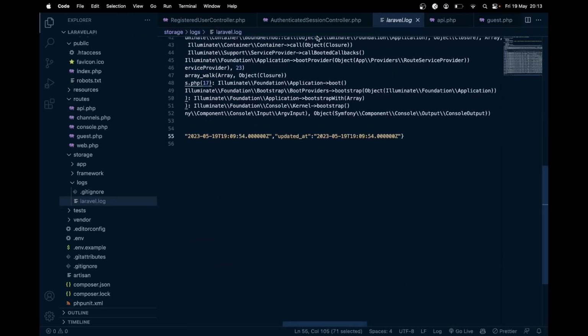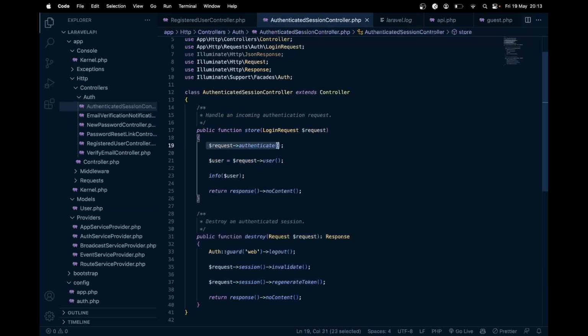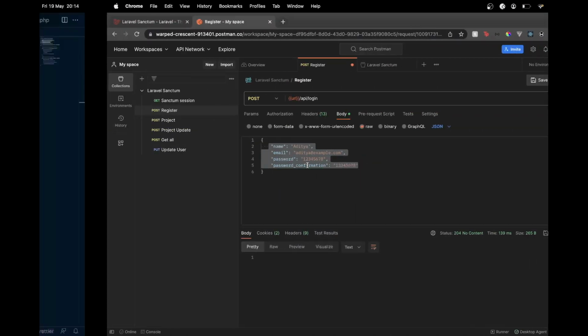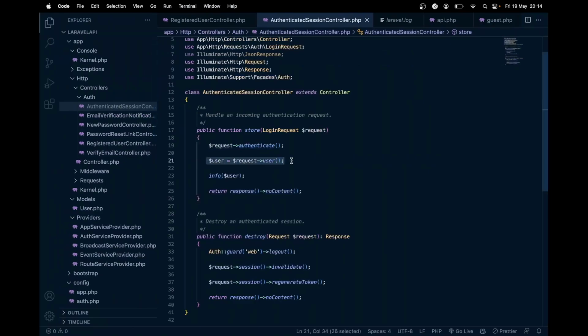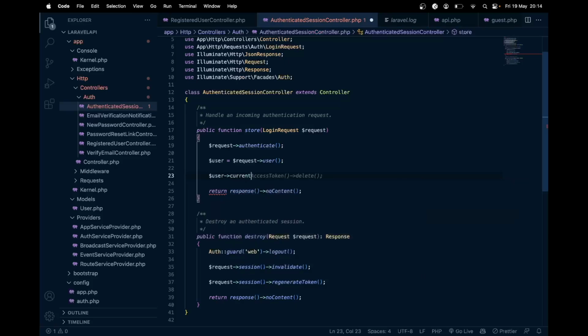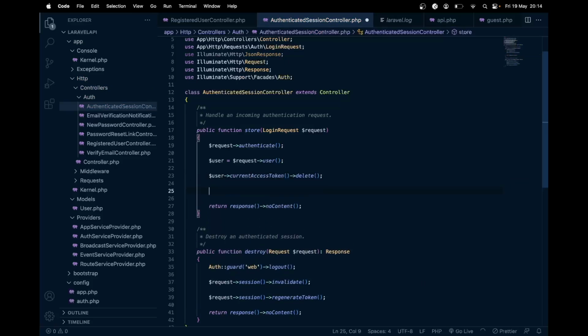Okay, so we'll use this user to create the token. So what's happened is inside request, there is the authenticate method, which looks for the user details and automatically authenticates the user. Then once we get the authenticated user, we have it in the request user. And also what we will do here is create a token. So I'm going to say delete the token first. So $user current access token, delete it. And then we'll create a new token,